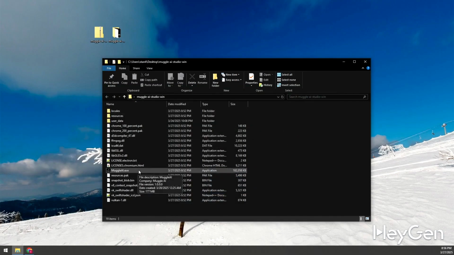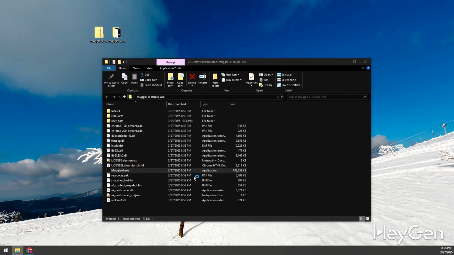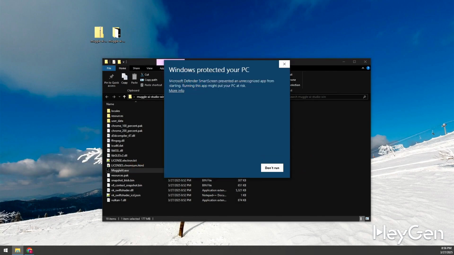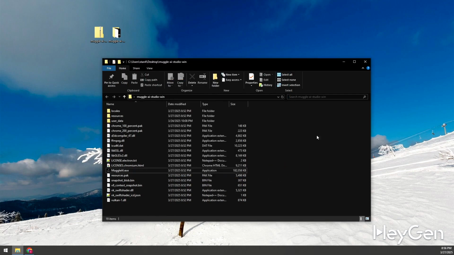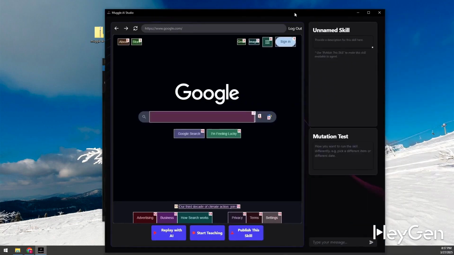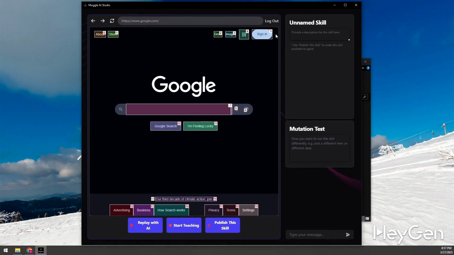At this point, you just need to run the Muggle AI executable file because our software is not yet signed, okay? So at this point, you need to click on more information and then allow it to continue executing. Normally, you should see a login screen where you can use your Google ID. You can log in or register using your Google email or your phone number,